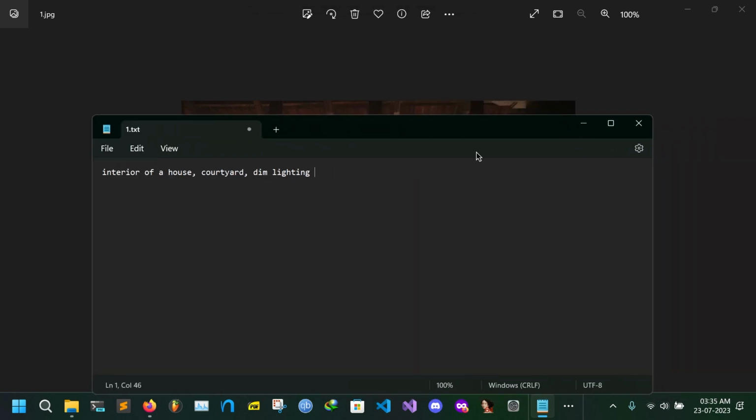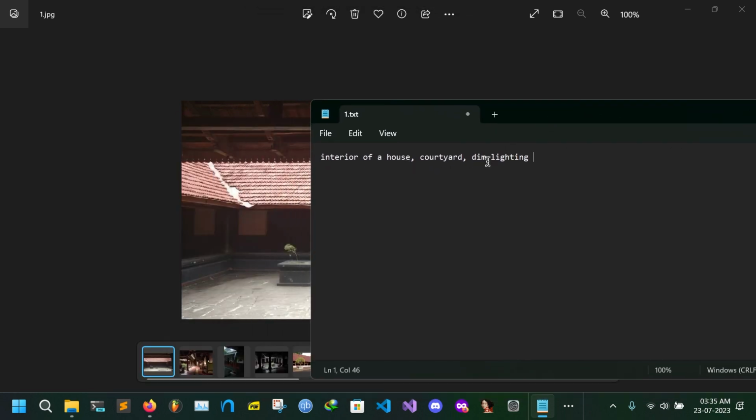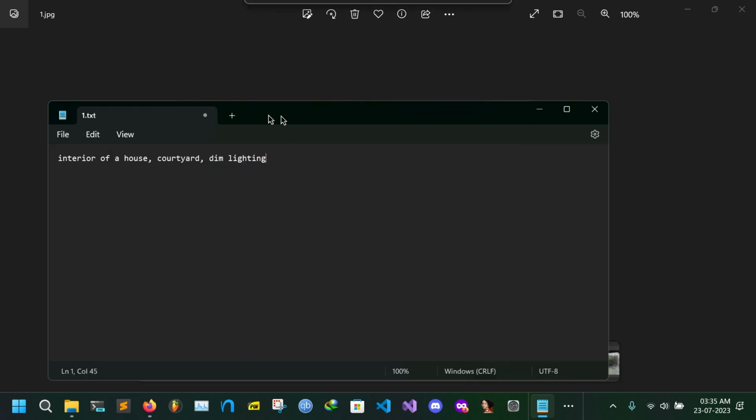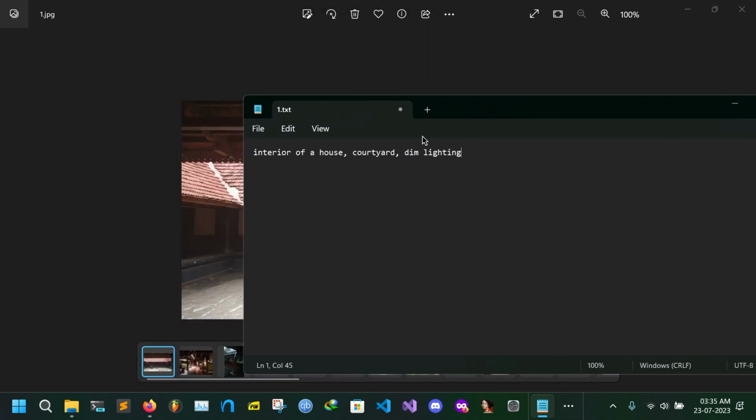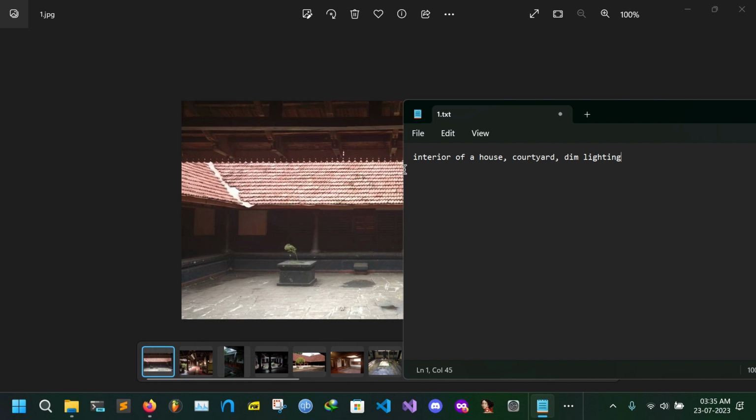So be careful what you tag your images as, because that goes a long way in how your LoRa turns out to emerge. All right. Now, once you have done your basic image tagging, what you want to then